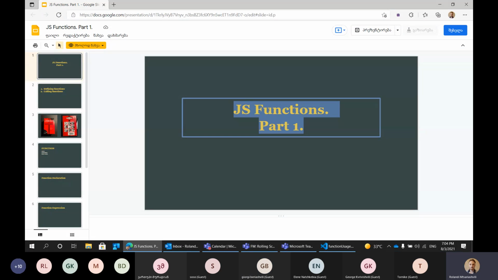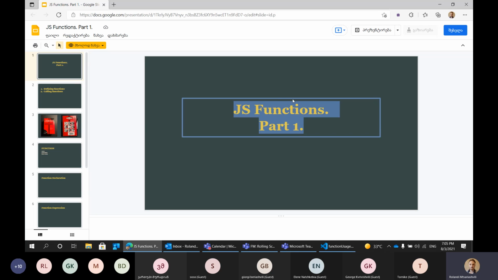So if we see the presentation, we can logically assume that we have a JavaScript functions lecture, and the lecture itself is split up into two parts, and this is logically the first one. This lecture includes practical examples, overall knowledge, and use cases of functions. And we have another lecture, which is the day after tomorrow, which basically includes more in-depth technical questions about JavaScript